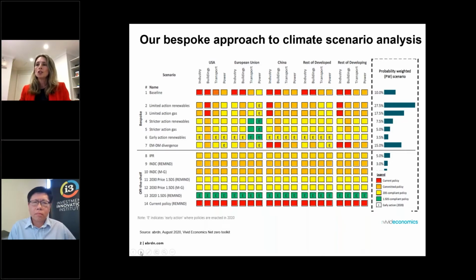So the EU transitioning at the same rate as EM is not how it's playing out and not how we expect it to evolve. And then also the power sector transitioning ahead of industry is a more plausible assumption. So we have created our own bespoke scenarios which relax that uniformity of transition and allow for countries and regions and sectors to transition at different rates. And that has important implications for the output coming from the tool in terms of how that relates to climate winners and climate losers.